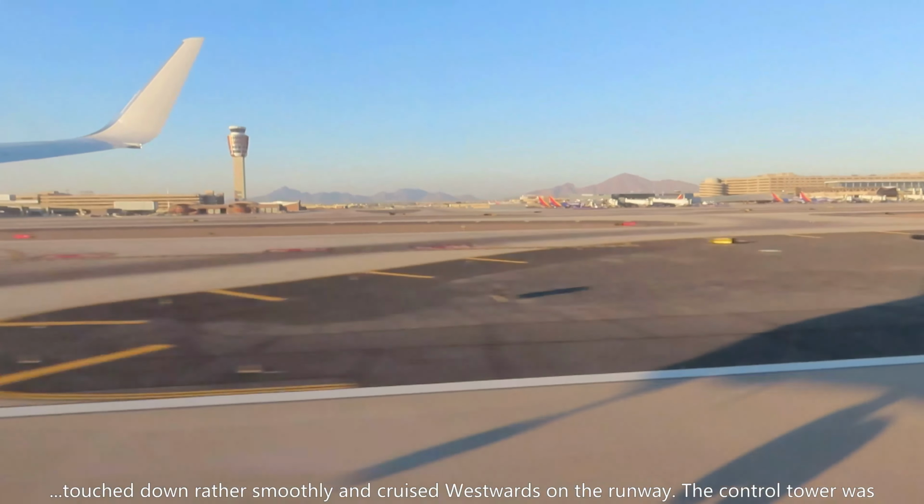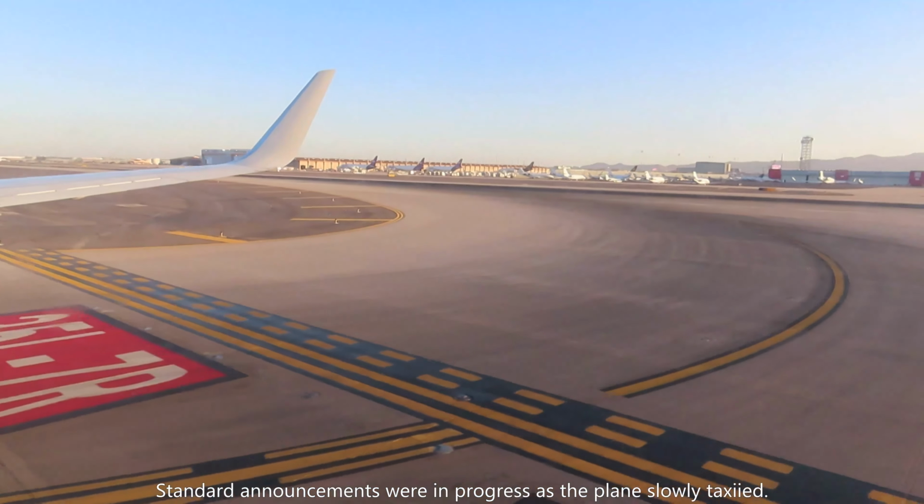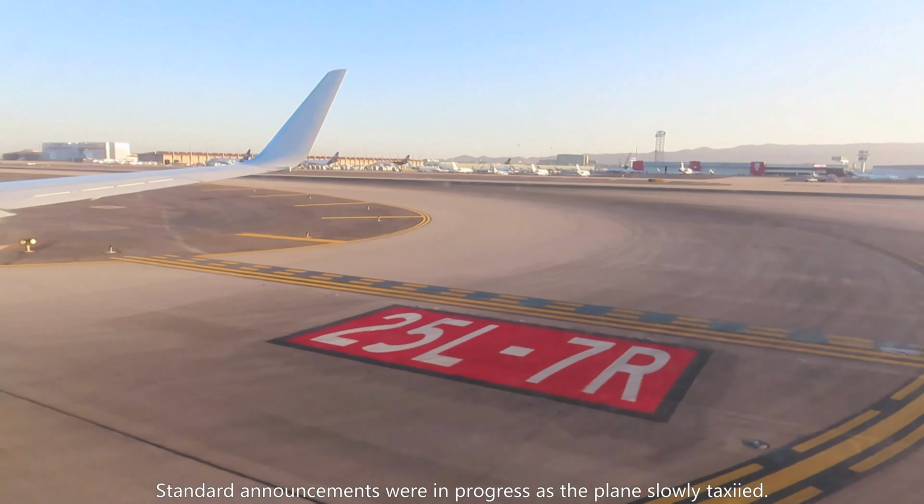Please remain seated with your seatbelt fastened until the seatbelt sign is turned off, and keep the aisles clear of all carry-on items. Take a moment to check your seat back pocket for any personal items, like tablets and cell phones. When you open the overhead...